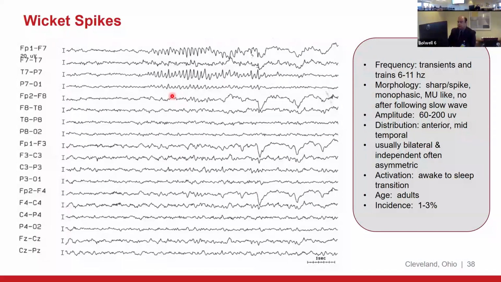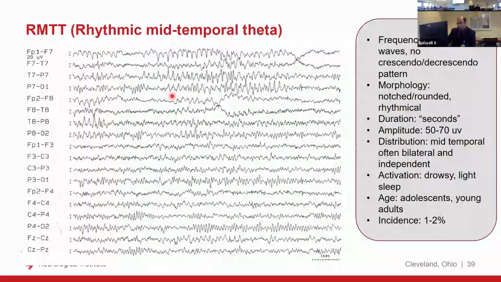It should not be classified as, for example, temporal lobe epilepsy. I've seen this many times, but it is not. It's a normal variant. So one of the things in EEG is to familiarize yourself with normal variants and artifacts to prevent overcall of things. Now, there's another variant which is very common and gets overcalled a lot, which is called RMTT, rhythmic mid-temporal